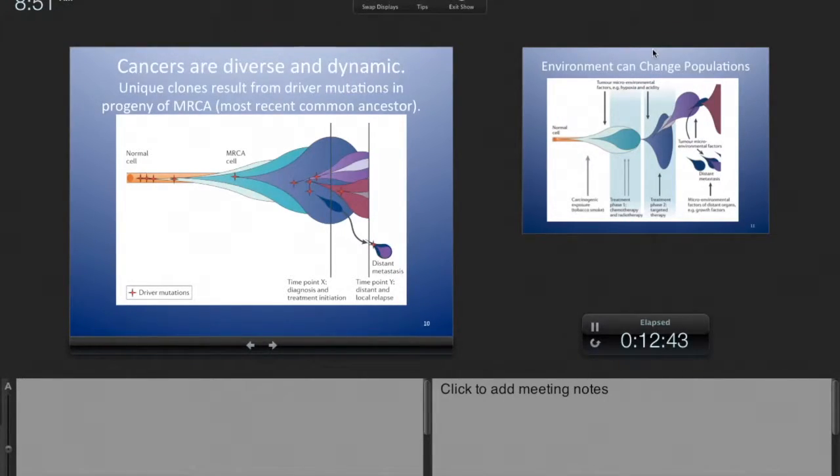So if you start off with a normal cell, and at each one of these little stars, there exists something that they call a driver mutation. That presumably is the beginning of trouble, the beginning of cancer, the advent of cancer for that one particular mutation. Not that these have all been mapped out, but certainly some of them have. So after a few of these driver mutations, you begin to go from the normal